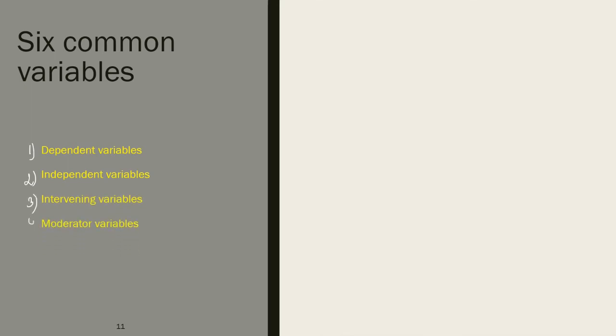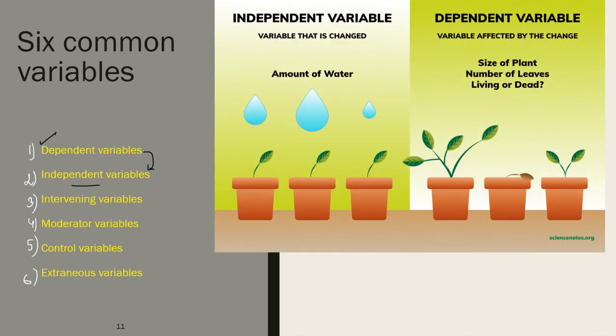What is a dependent variable? The dependent variable shows the effect of manipulating or introducing the independent variable. For example, if the independent variable is the amount of water given, then the dependent variable might be the growth of the plant. In other words, the variation in the dependent variable depends on the variation in the independent variable. Now, what is an independent variable? Those are the ones that the researcher has full control over.